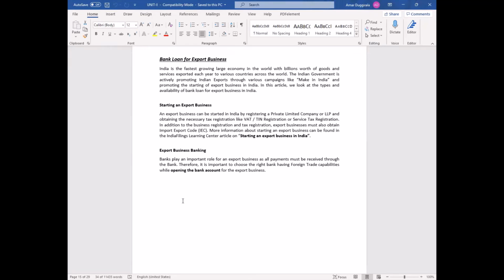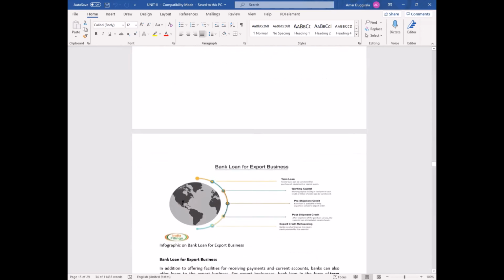Also, for initiating an export business, if you are lacking finance, you can go to the bank and take the finance. The most important thing is, when you go for an export business, it is most important to have a bank account, because these days when you go for tax registration on the network, you need to have a bank account mentioned over there as well. These are the primary requirements where export business is being considered.